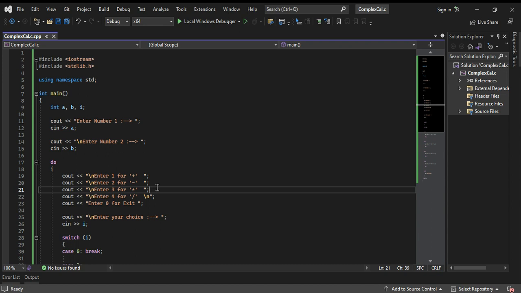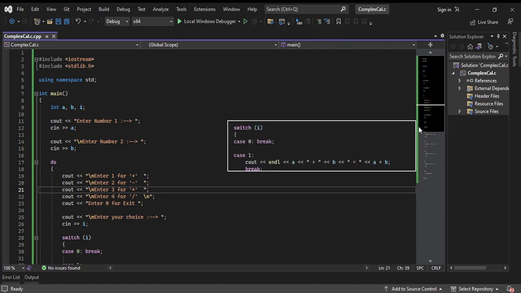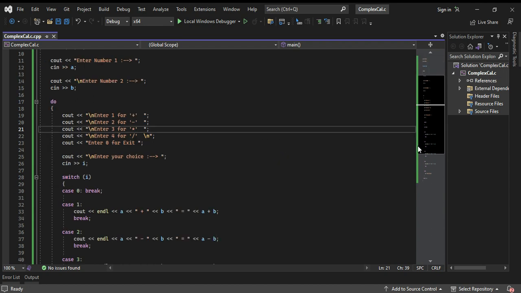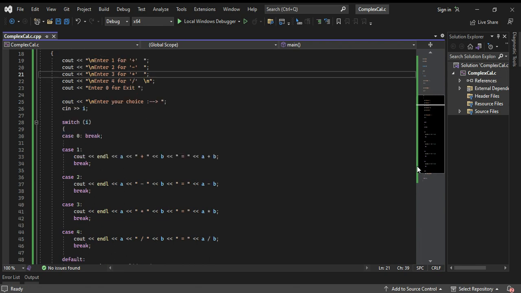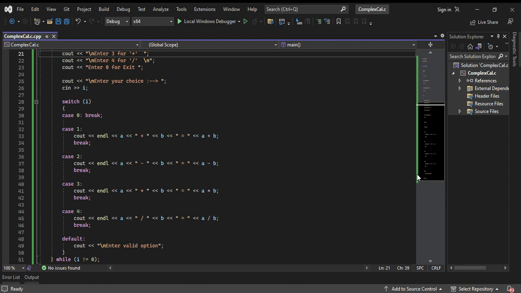If I don't add the loop, then I cannot continue with the code and let the arithmetic expressions continue. So the loop helps me to continue that. And again, we have our cases, which are one through four, and they're simple as it's addition, subtraction,